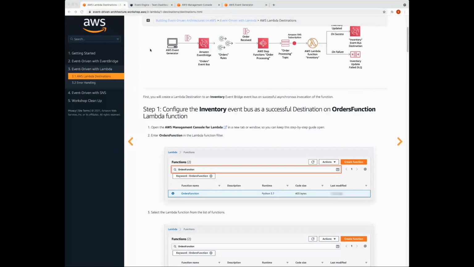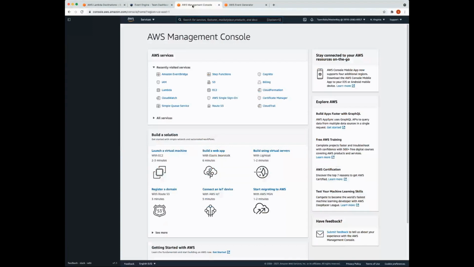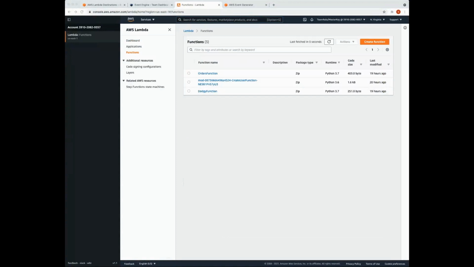So I am now going to jump over to the AWS console, and feel free to follow along here. I'm going to head over to Lambda, and we're going to select this function called orders function.